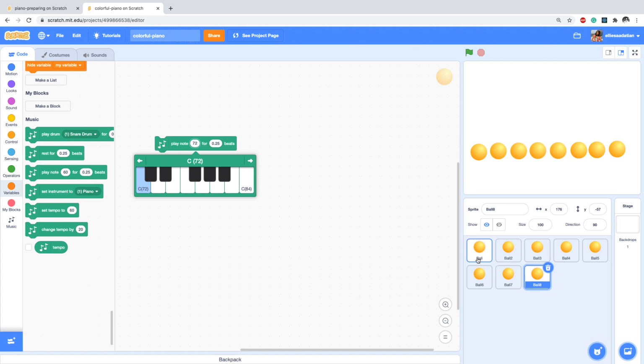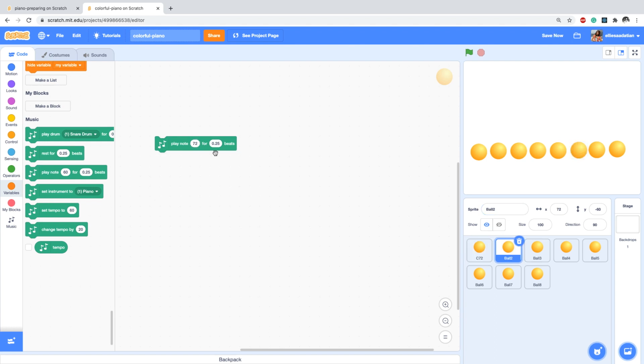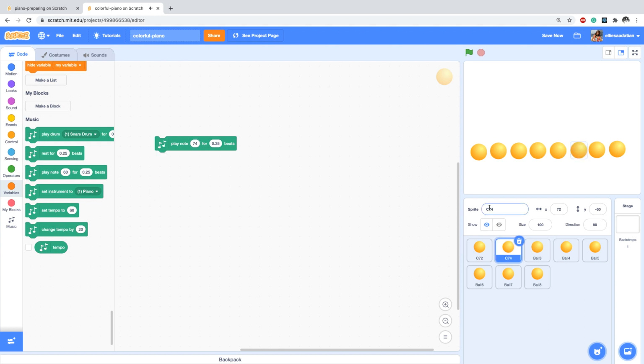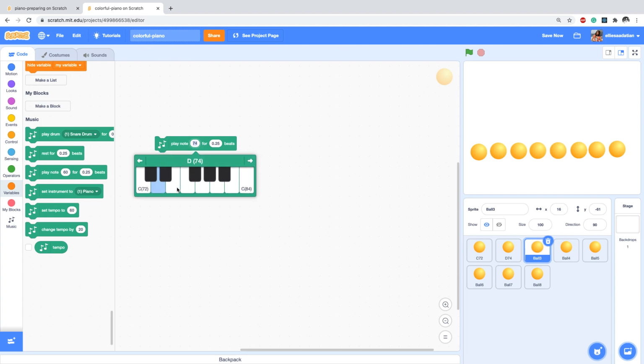So I'm renaming the first one to C72, which is the same as what I see here. Then I click here, C74, and so on for the rest. Actually, I need to make it D74. So obviously I'm not a musician. E76,